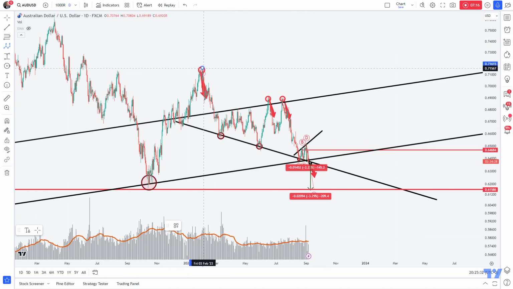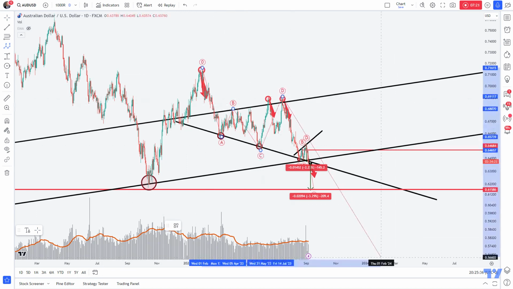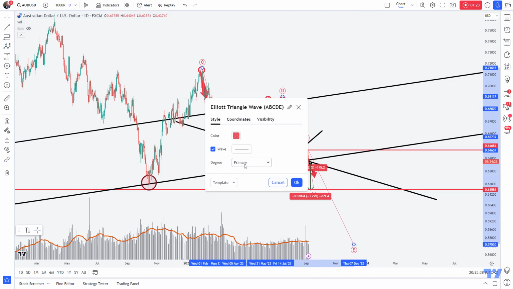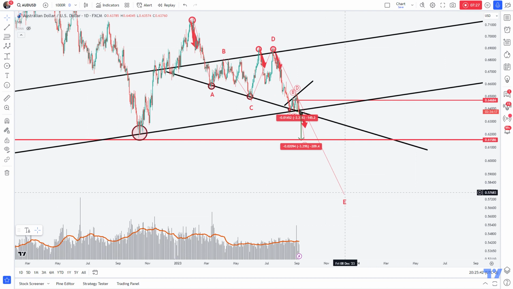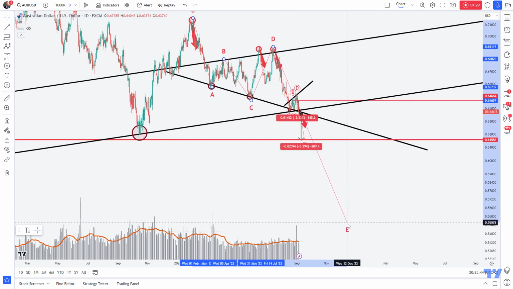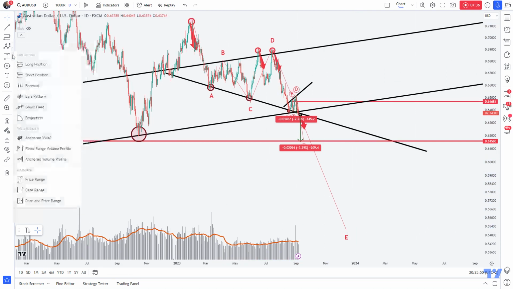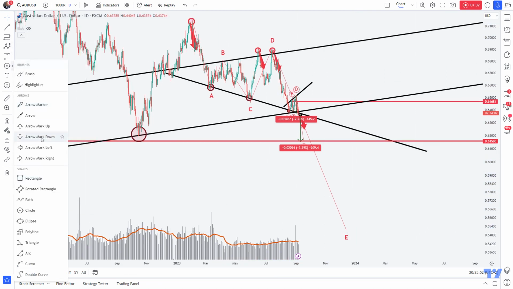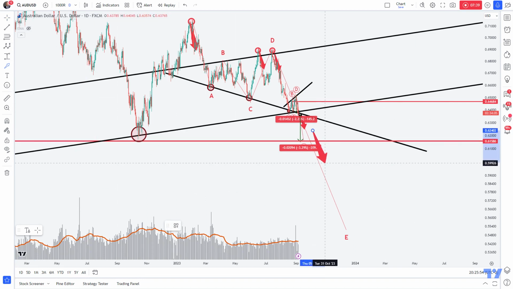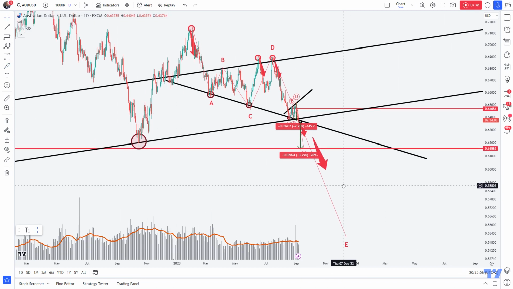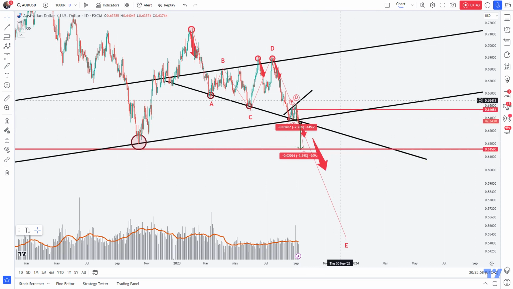And with this broadening wedge formation, it has to be mentioned that it is also forming a broadening wedge wave count within this whole structure, in which the wave E is going to set up the next major bearish target determinations onto the lower breakout areas, and it is going to accelerate the bearish dynamics